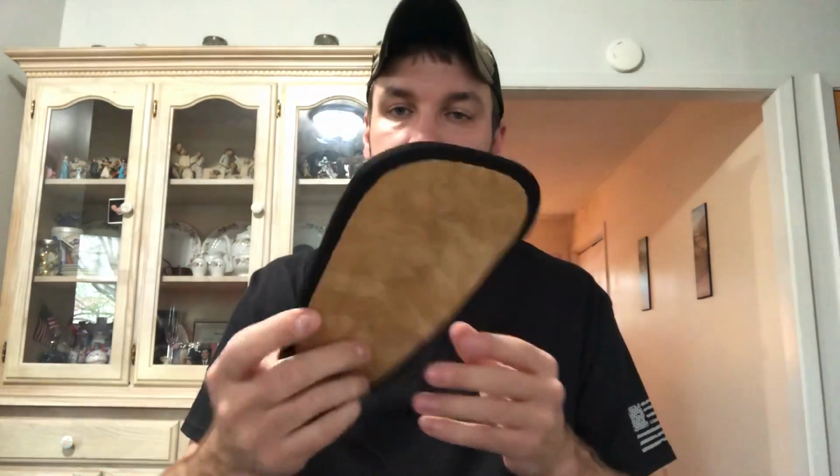dense herringbone elastic right here in the front. So this is a nice elastic right here. This holster can be used with multiple firearms. We'll get into that more here in a minute. Also, I want to give you a little background about the company before we get started on the reviews of